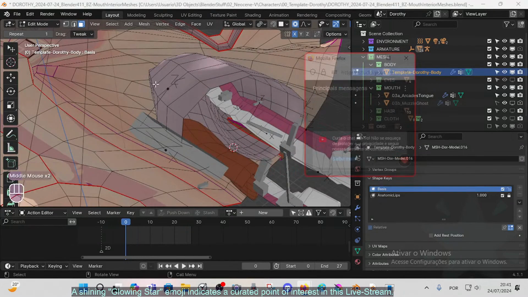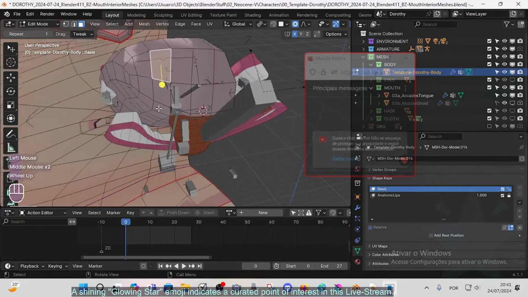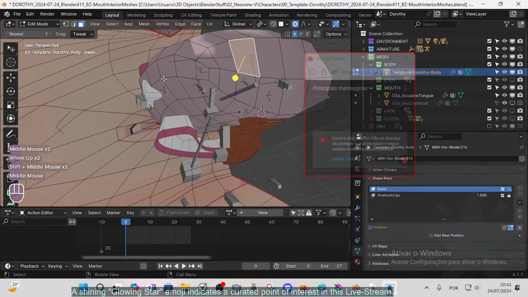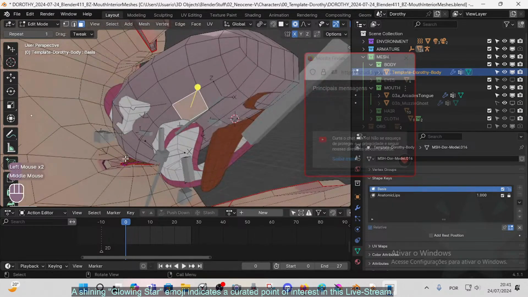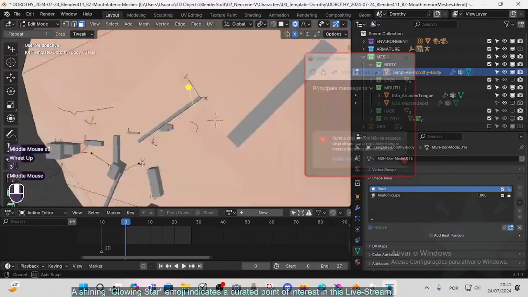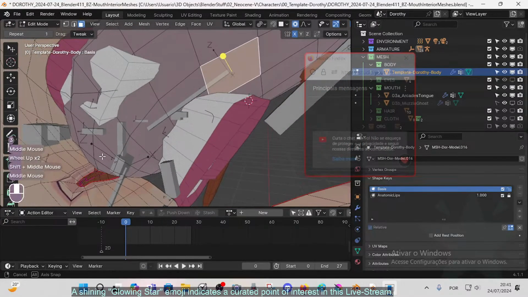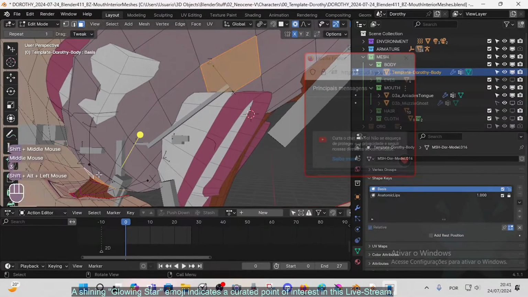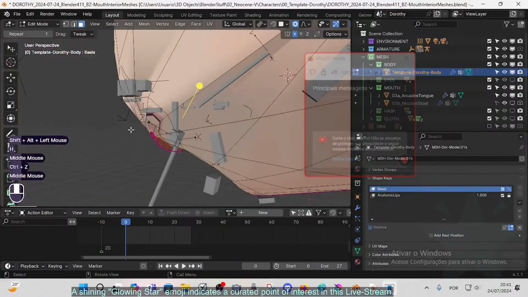I have to try to push this mesh more to the side. I think that's fine, provided I don't interfere with